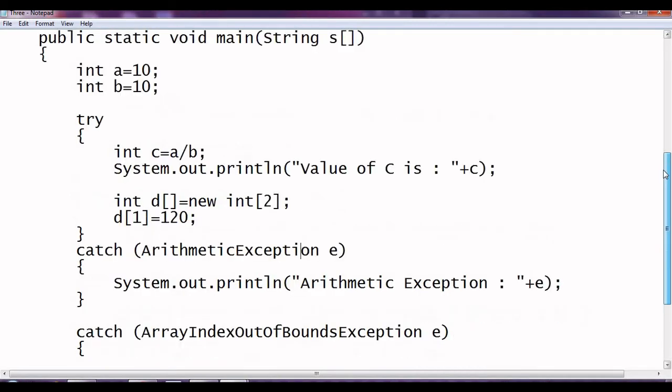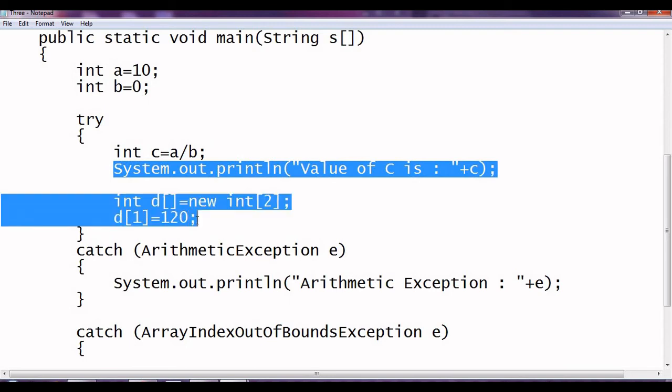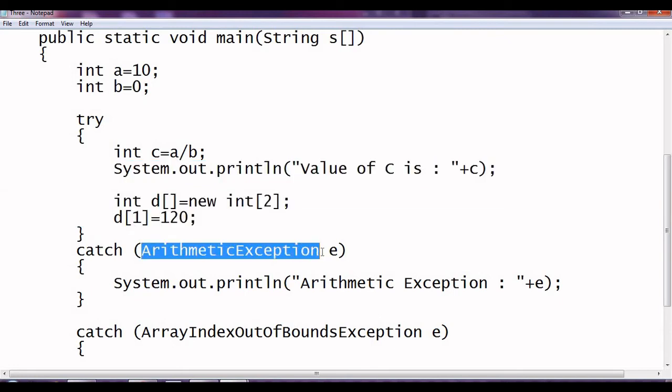Now, let us go for the one error case like this. B value is 0. So again we have an error over here. The rule says that whenever we have an error in a try block, the rest of the portion will be skipped. So this highlighted portion will be skipped. And it will come out from the try and will try to go for the matching catch.